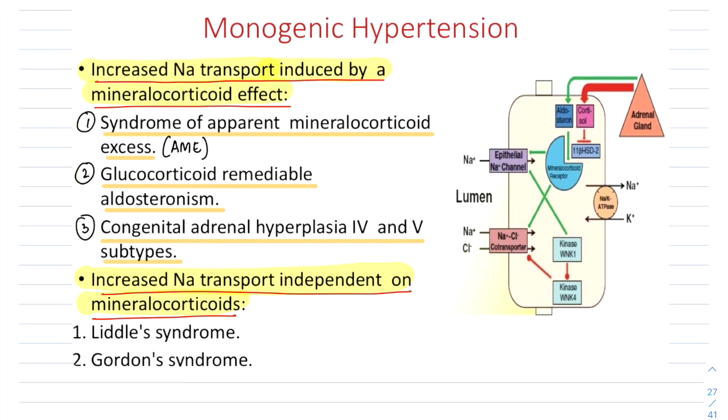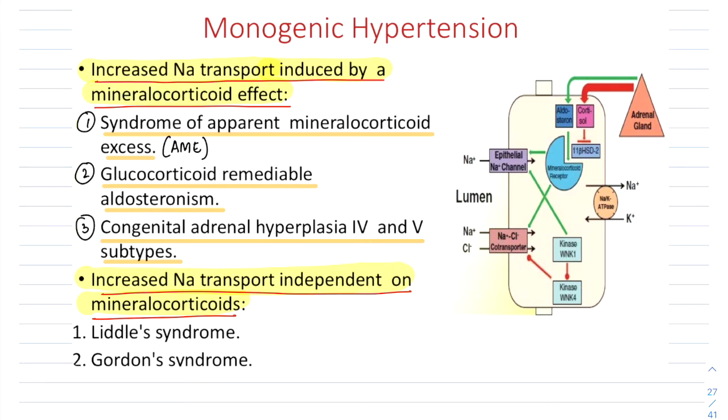Now, coming to the various types of monogenic hypertension, that is the main forms which are there. The classification of monogenic hypertension can be done based on the effect or the mechanisms of increased sodium transport. One, it is induced by mineralocorticoids, and other, it is independent of the mineralocorticoid effect. So increased sodium transport that is induced by a mineralocorticoid effect, that is there is increased sodium transport because of increased action of mineralocorticoids. These include three